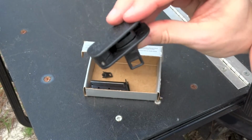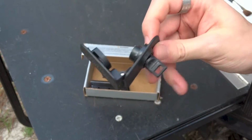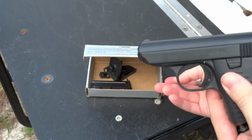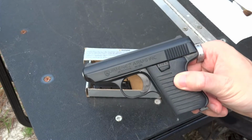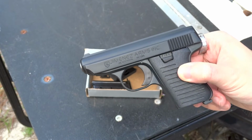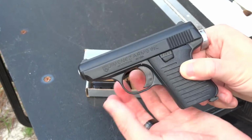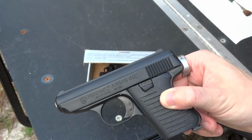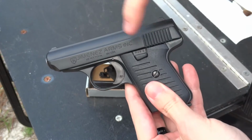A lot of people say how good it is in reviews. It does feel like cheaper plastic than I was expecting, but it's still a pretty good trigger lock if you want to use those. I would probably say just keep this somewhere that's already locked and you wouldn't have a problem, especially with it getting stolen, because obviously someone can steal this without the trigger lock, or trigger guard. I'm not really sure what you would call it,